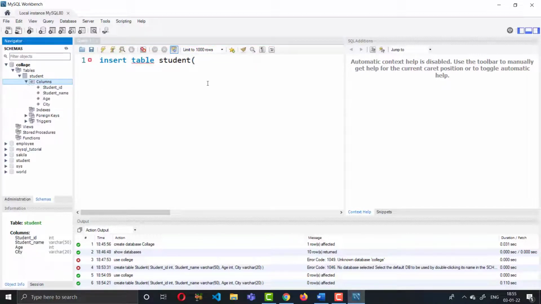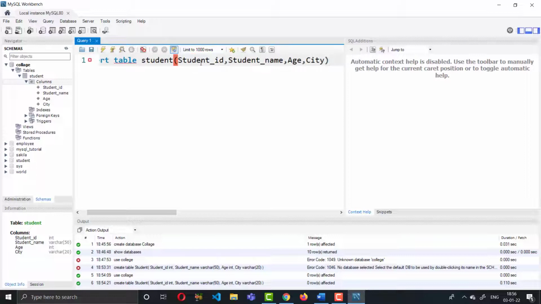So suppose the column names are student id, next column is student name, next is age, city. Okay, let me move.